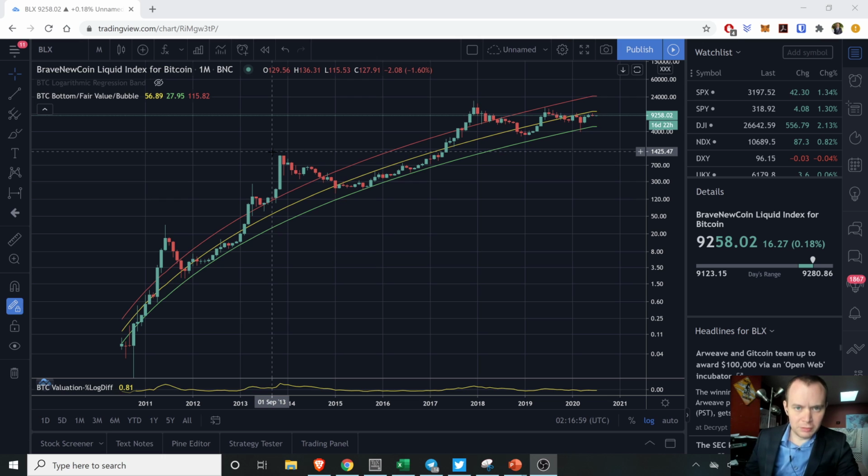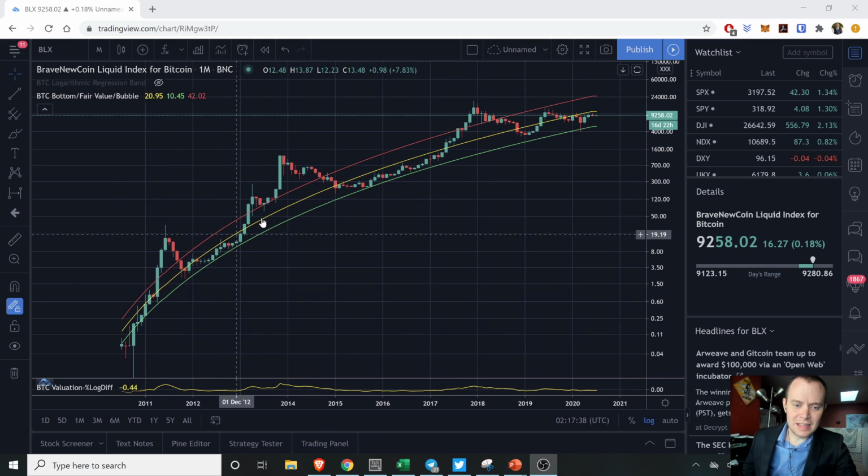And there were some people that were confused by that because I projected a $10 trillion market cap sometime in, say, the next 3 to 4 years or so, which would signify a price of Bitcoin that is much higher than $100,000. But I just want to clarify that that was for the total cryptocurrency market cap, not the price of Bitcoin. So in order to show you guys what many of you were thinking you were looking at, I created these bands, which is basically the same methodology that I carried out for the total crypto market cap, but this time we're just doing it with respect to the price of Bitcoin.